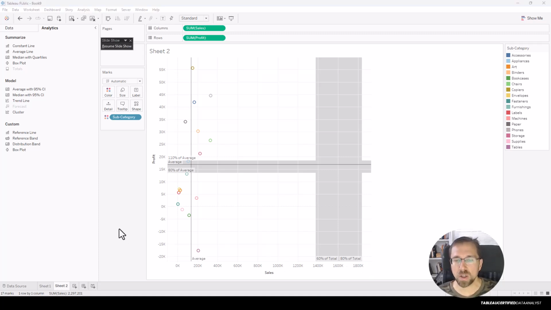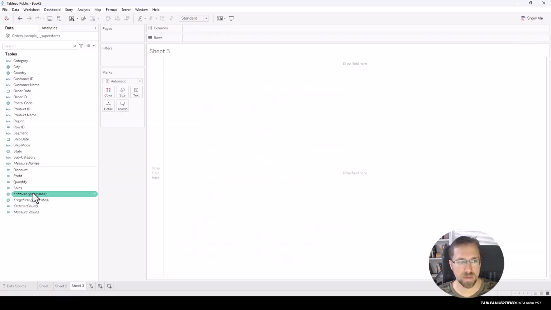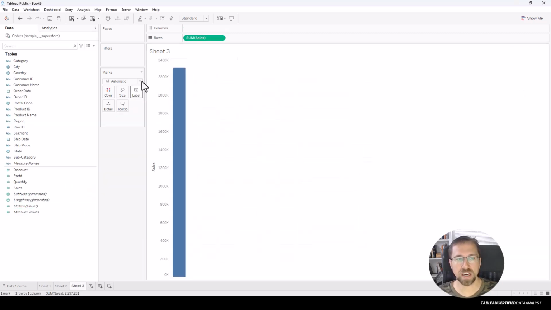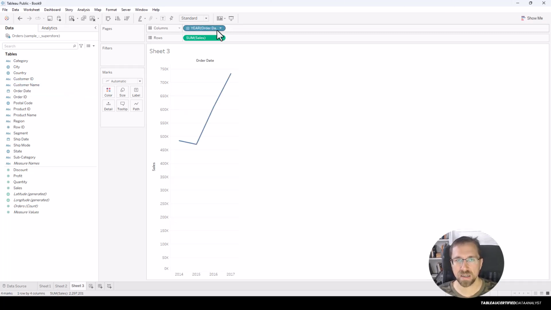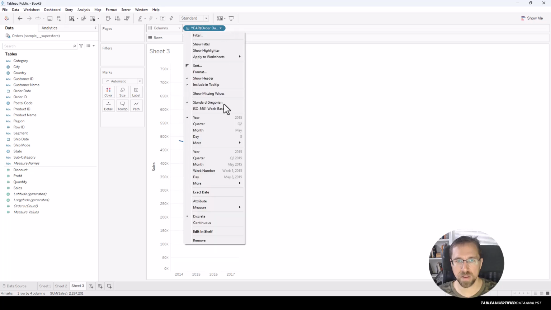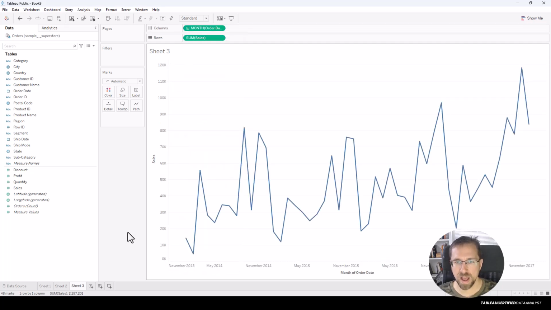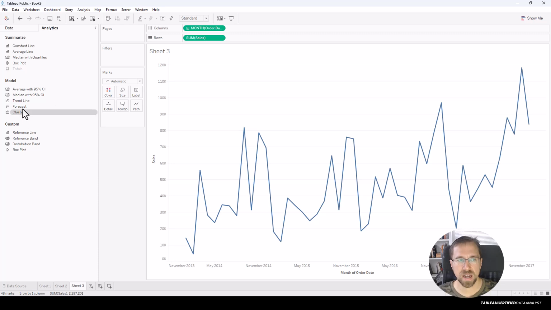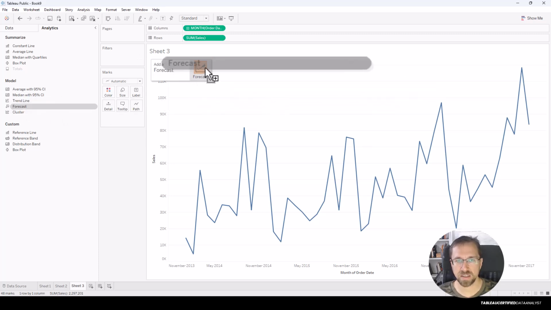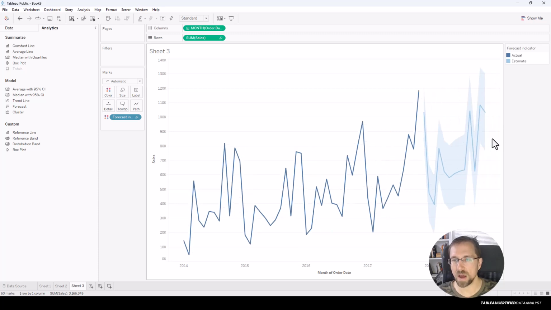Next up, let's take a look at forecasting. So forecasting is looking at data across time and trying to predict what will happen in the future based on what's happened in the past. So I'm going to set this as a monthly view, and I'm going to go to analytics and then create a forecast. And this is creating a forecast using the default option. So this is just what Tableau will automatically give me